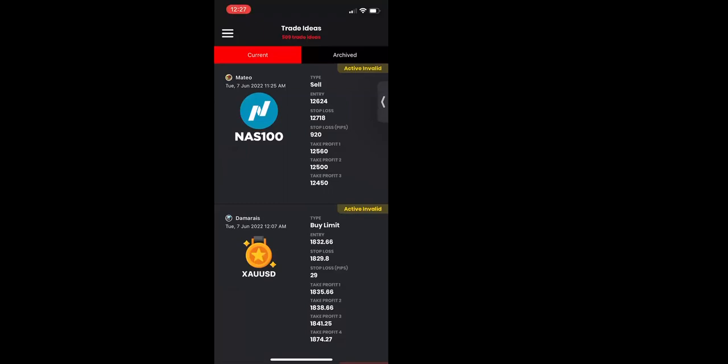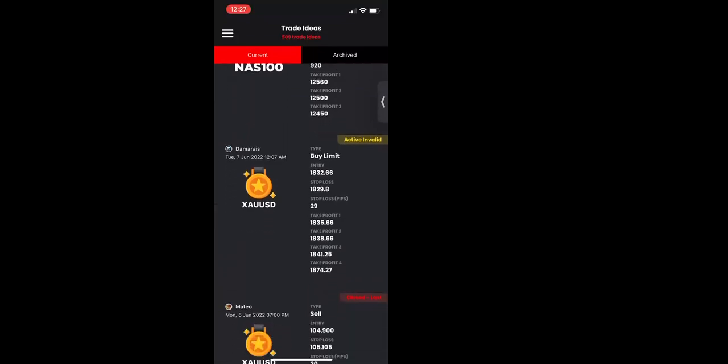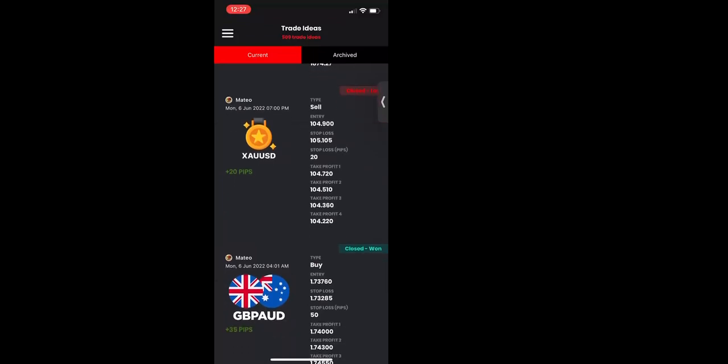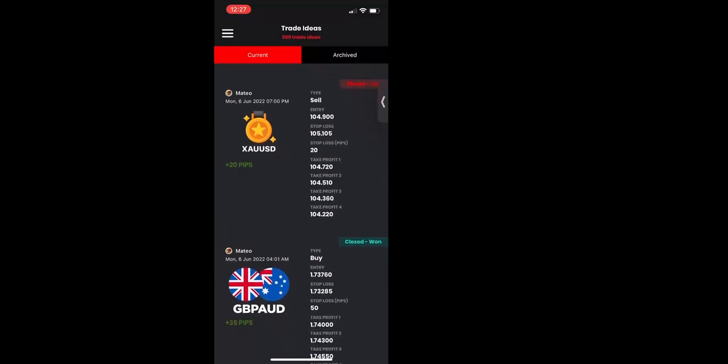So we're going to take a look at the first one that's up here, even though for the sake of the example, this one is already invalid. As we can see, the notes have already played out. But if we scroll down just a little bit, you'll see the different statuses about the trade. On this other one right here, it's XAU USD, which is gold. It says this is a closed trade and it lost. We know that it would have gained 20 pips, because it's plus 20 pips if it had played out right,